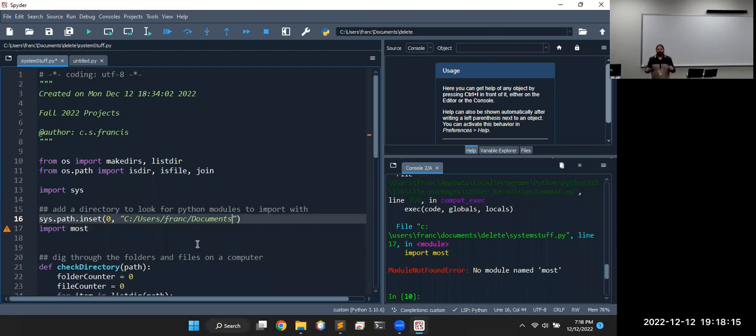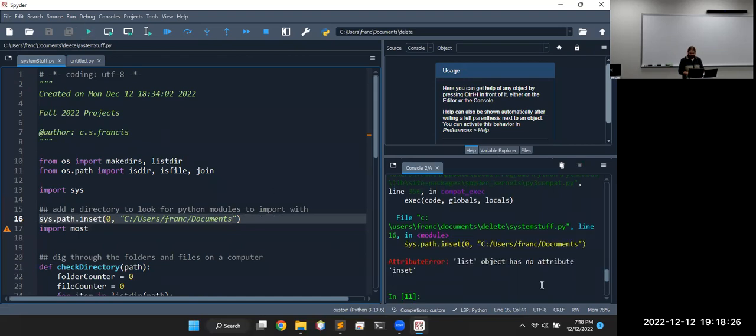So I personally like that as well. Use insert instead of append. That way it's at the beginning of the list, so we don't waste time looking through every folder and file on the computer. Now when we run it,